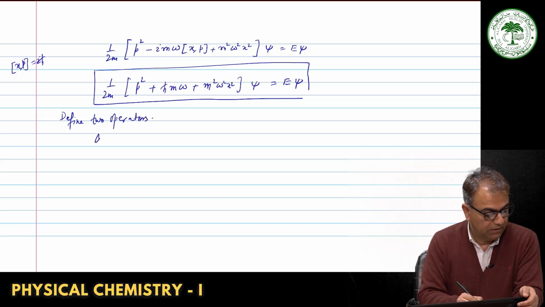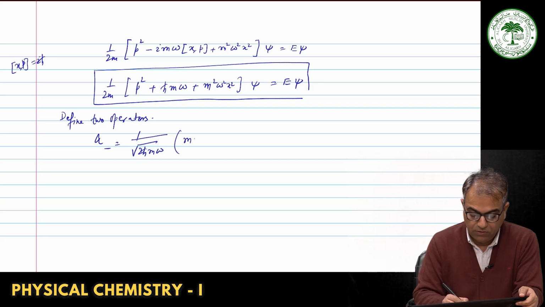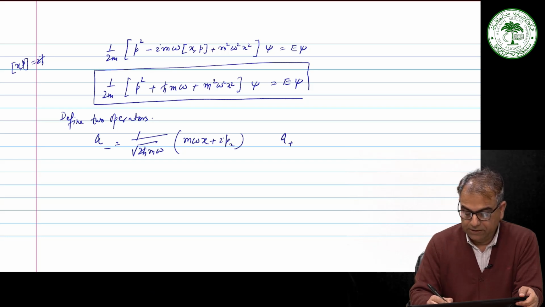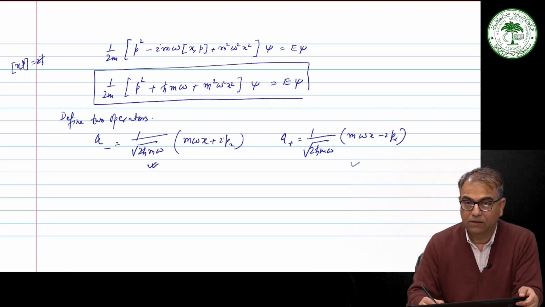In this format, I say A minus is 1 by root under 2 h cross m omega, times m omega x plus i p x, and A plus is 1 by root under 2 h cross m omega, times m omega x minus i p x. If you compare these two, A minus and A plus, what you observe is that